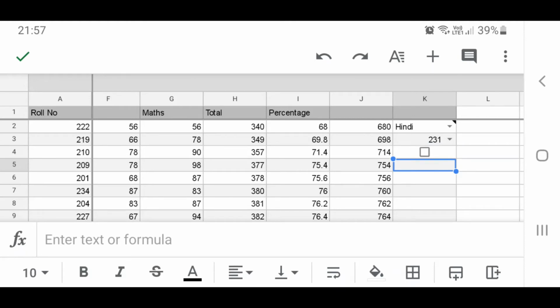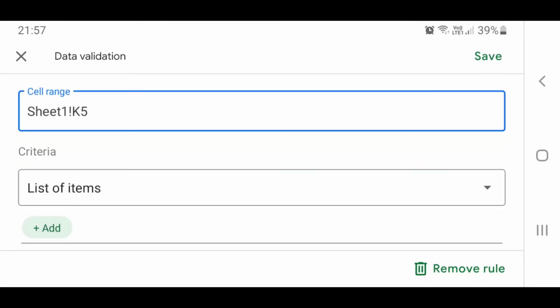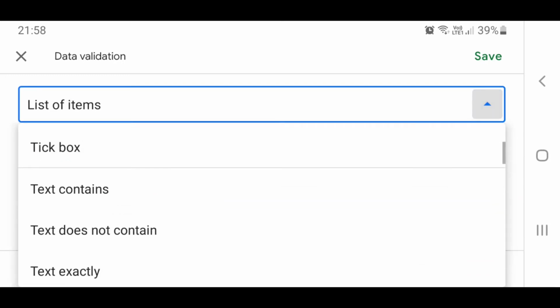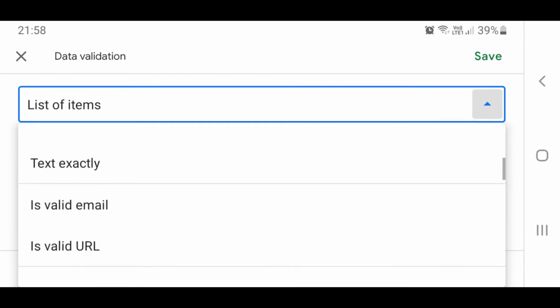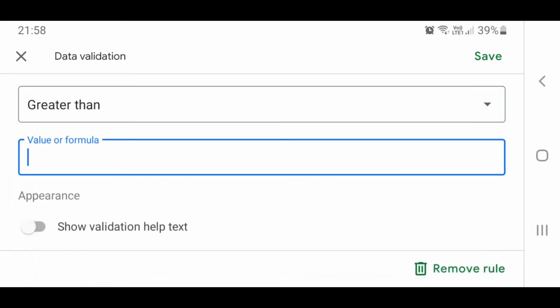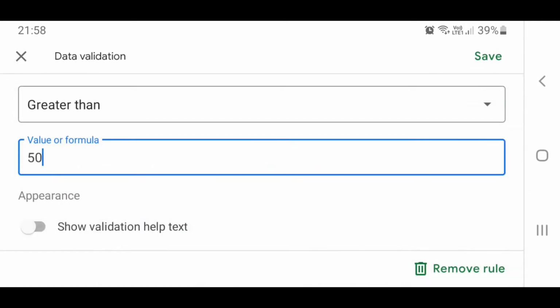The next thing that I will be showing is how to include a proper validation. That is, if I want a cell value that should be greater than 20. Okay, so I have selected the cell. In the criteria I am going to select greater than. I am going to give a value 50.